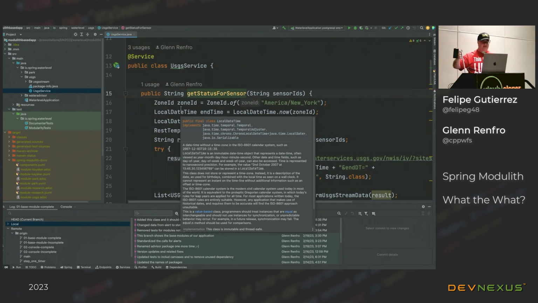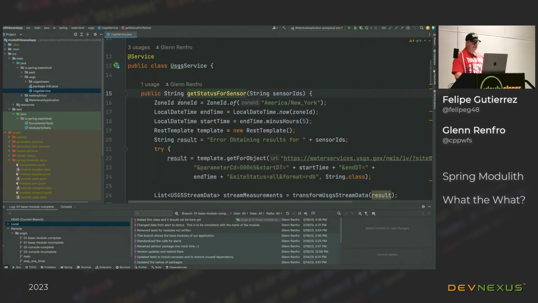That one method is going to go out, grab the data from the USGS, and return the status of the sensors that are on the rivers, and tell me for those sensors whether that river is good for me to go kayaking or not. So that's all that is, and its best type of code is copy-paste, right?